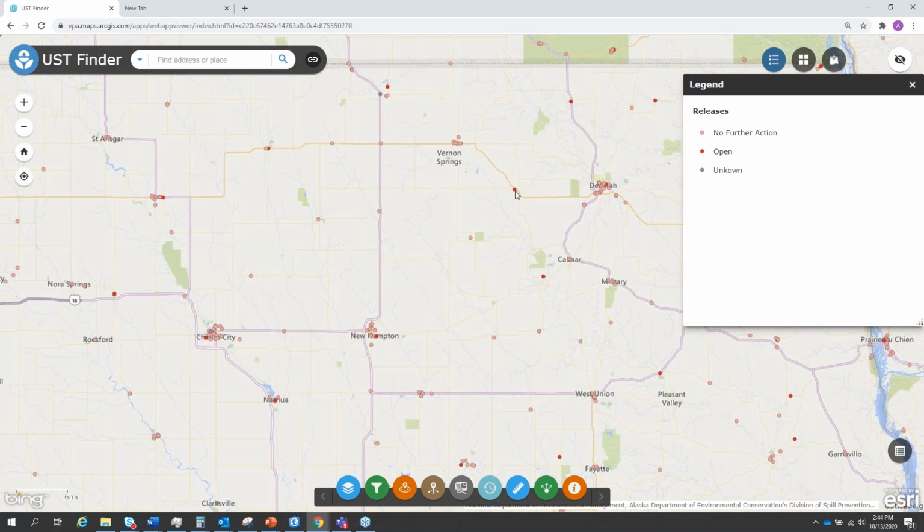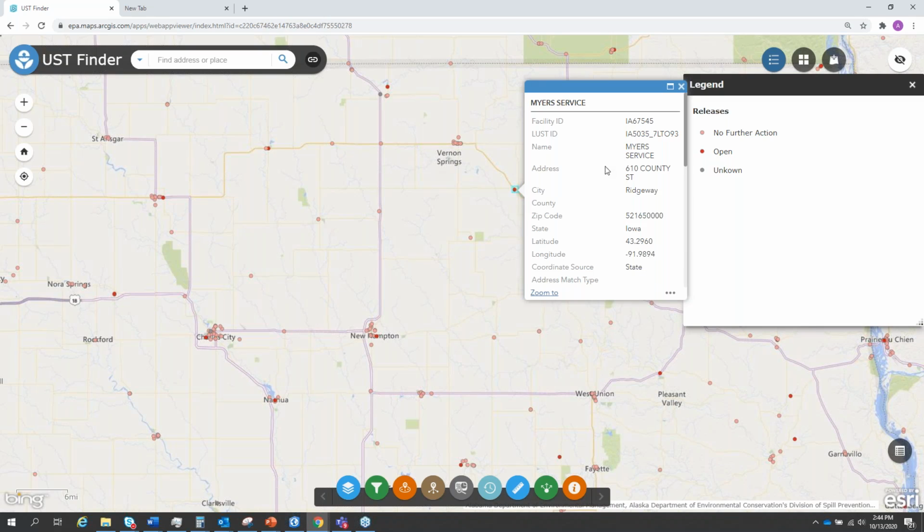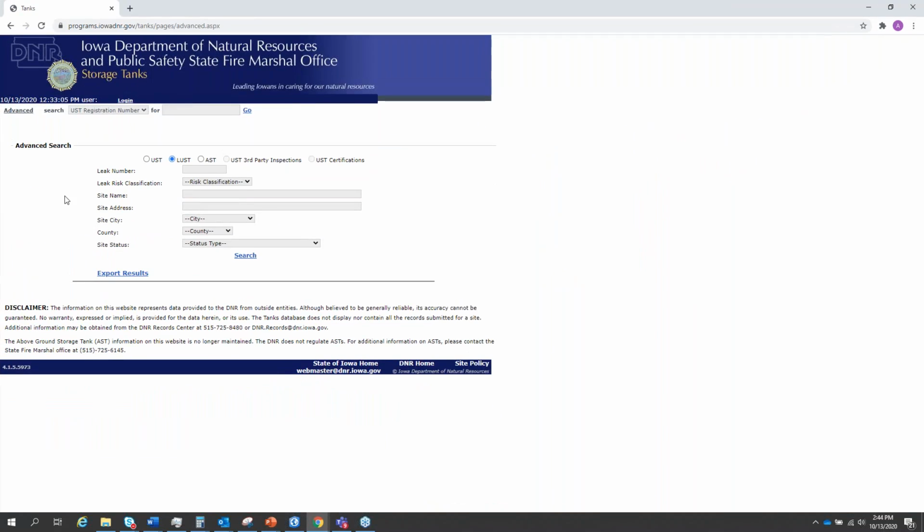And like the facility layer, we can click any location and we can get the facility ID and then the LUST ID. And I should note that we paid close attention to maintain the state database nomenclature. So here I can take this LUST ID, copy it, and I can go over to the Iowa DNR database.